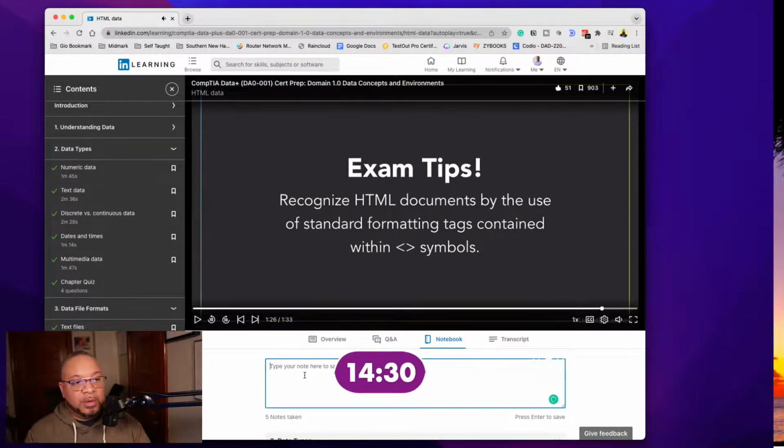All right, so you recognize HTML documents by the open and close symbols, not brackets, symbols.